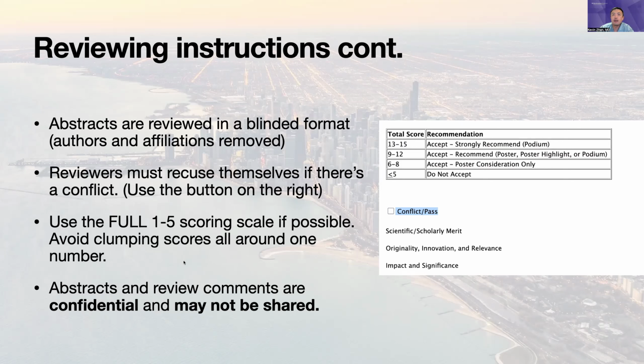Use the full 1 through 5 scoring scale if possible. Try to avoid clumping all the numbers into around one number. That helps us again. The broader the range, the more it helps us with figuring out which ones to accept. And of course, abstracts and review comments are confidential, and please do not share any information for the abstracts